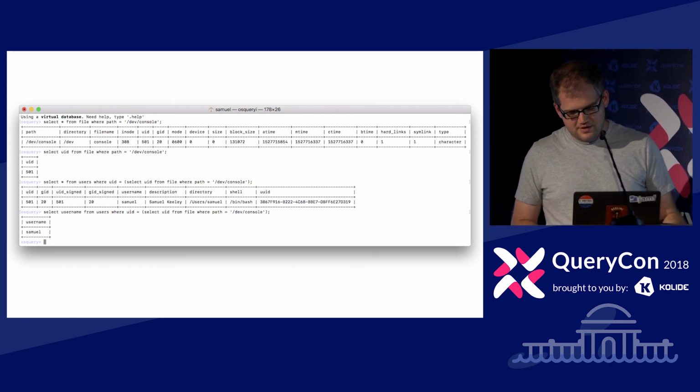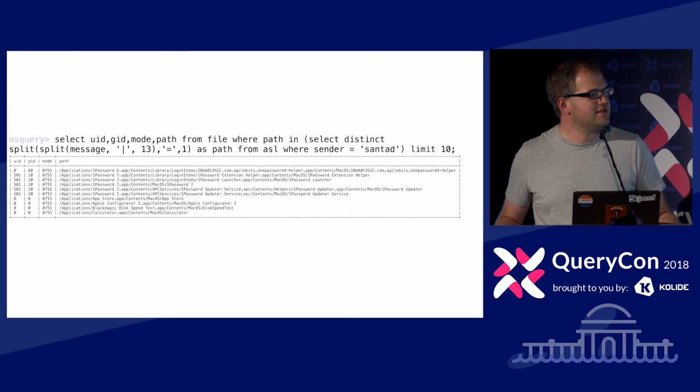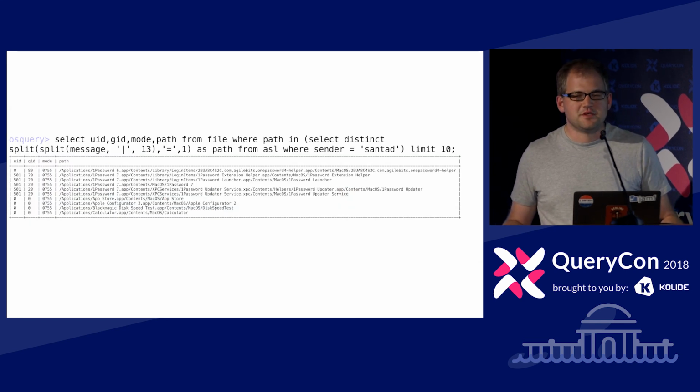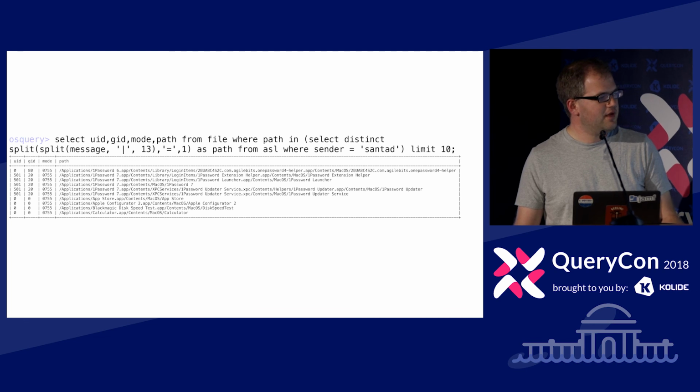So if we want to go a bit more deep and limit things and join things, we might want to do something like this. So I have Santa on my machine, and Santa logs out to AppleSys log. And what I want to do is find out details on the files of every process that's been executed over time.